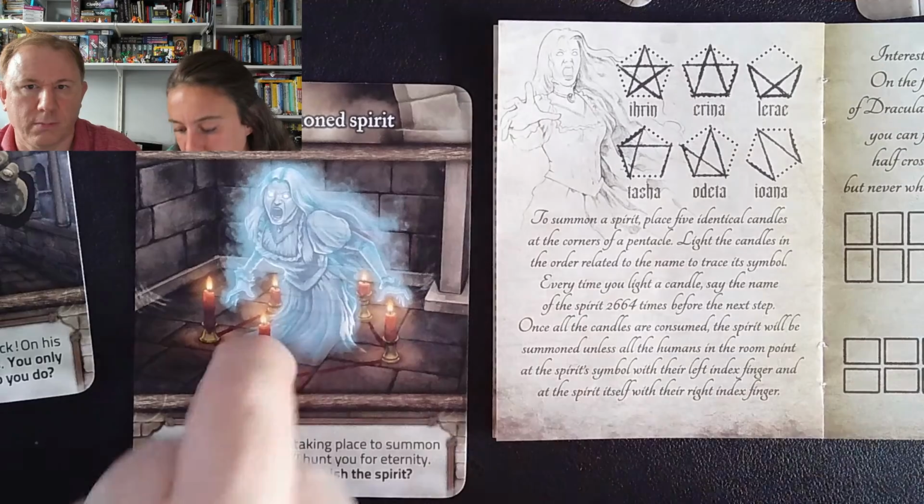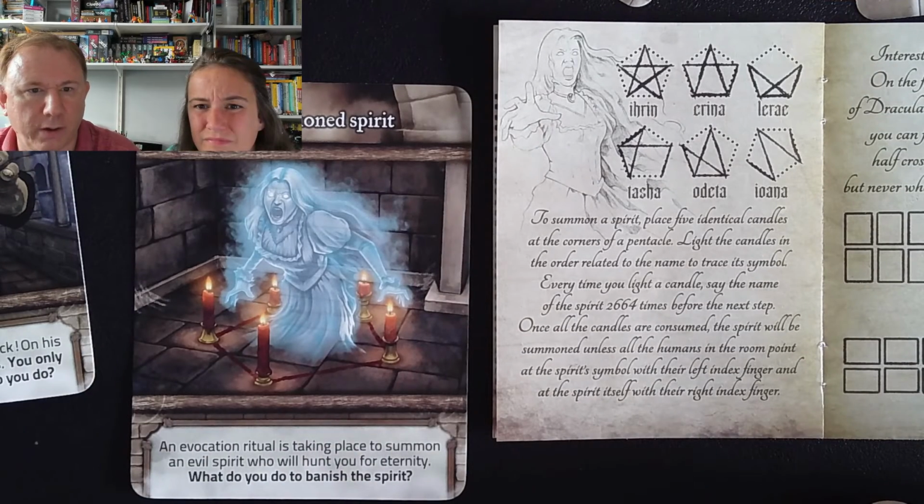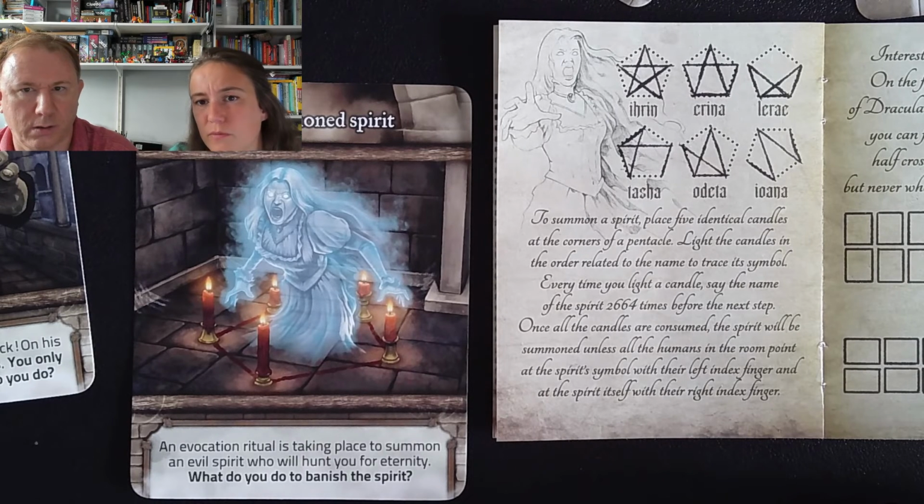I just wondered if there's anything on the picture that looks like... Well, we've got no way of knowing what her name is, right? No, I was trying to see if there was any detail on her dress or anything that corresponds to one of those symbols at the top. I see what you're saying. Or we don't know what her name is, or...